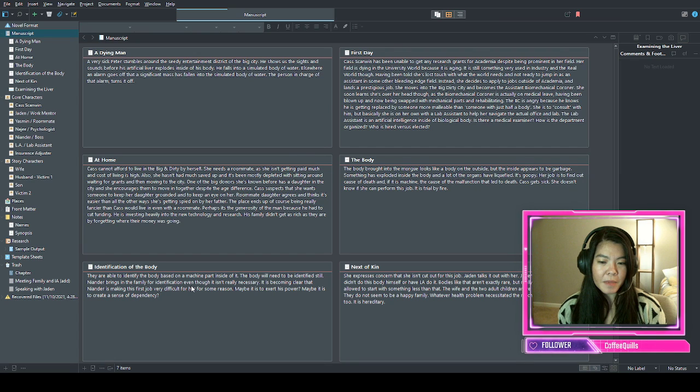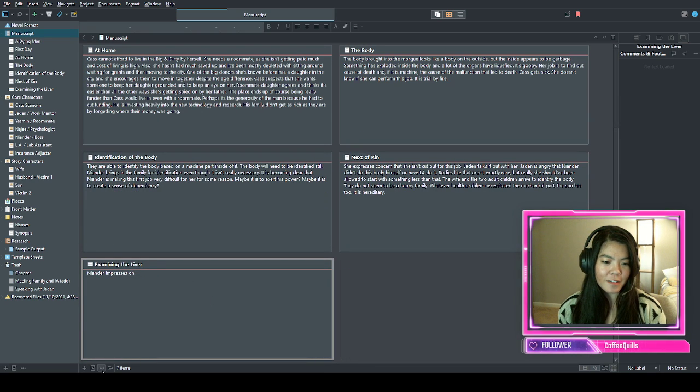Well, that's making the cards bigger, not necessarily the words bigger. I'll just go ahead and finish doing this real quick for y'all. And then I'll get to the thing. I just want to write the synopsis for the scene. Neander impresses Cass on